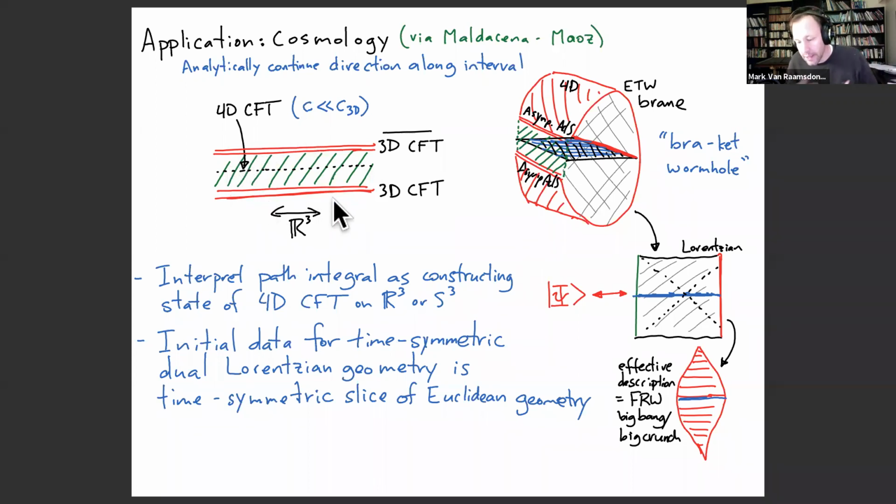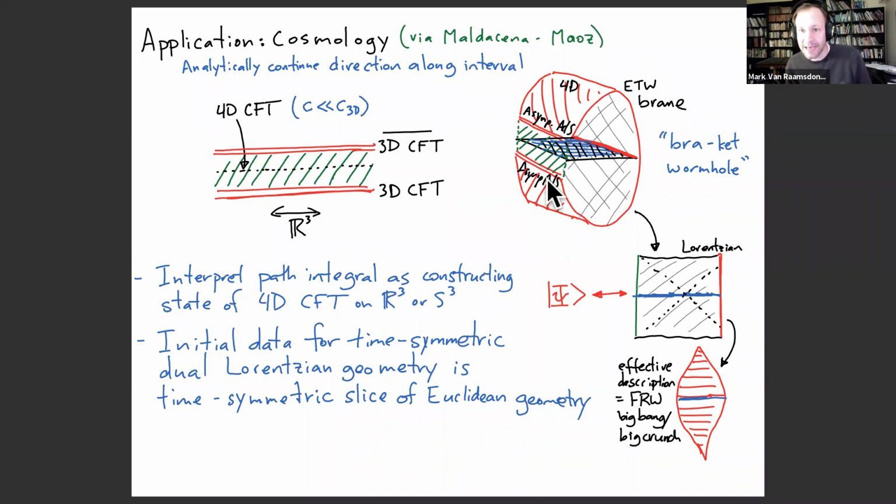Okay. And then we could ask, what is the gravity dual of that state? To understand that, you take this Euclidean theory, and you also think about the saddle point geometry that we get there, slice that in half, and that then serves as the initial data for some Lorentzian evolution. So this is the standard AdS/CFT way of understanding the gravity dual of a state that you prepare by a path integral like this. You look at the Euclidean picture, construct the dual Euclidean geometry, slice it in half, and then the geometry on the slice is the initial data for your Lorentzian evolution.